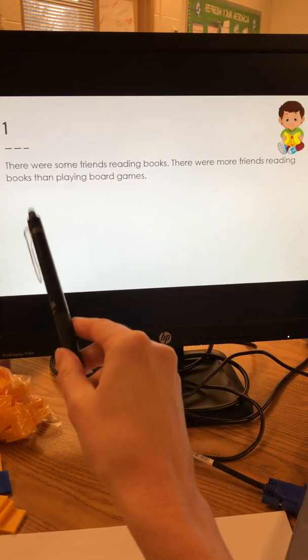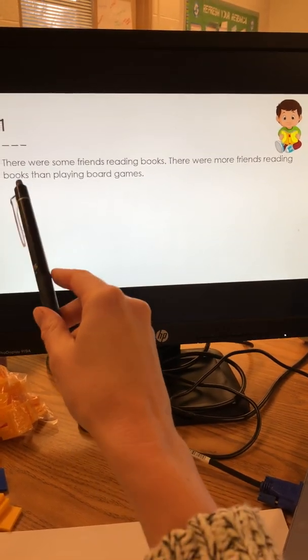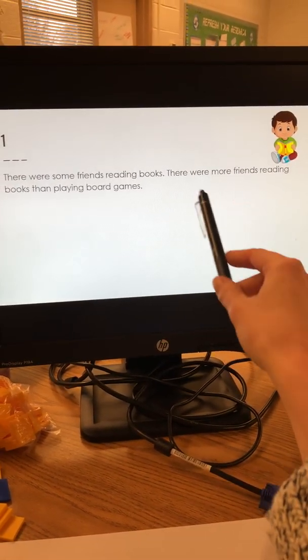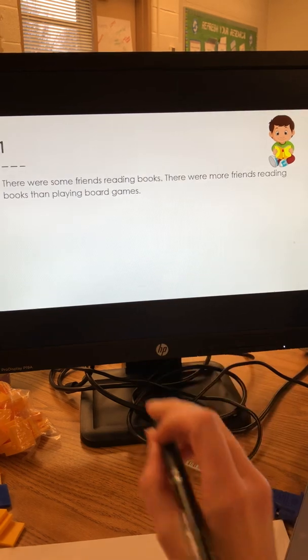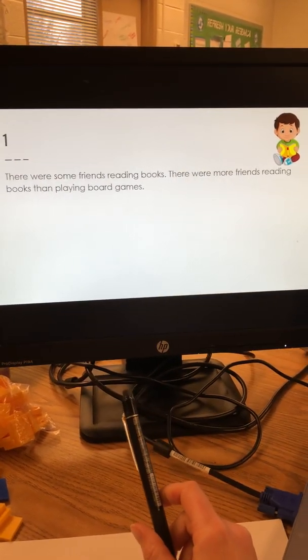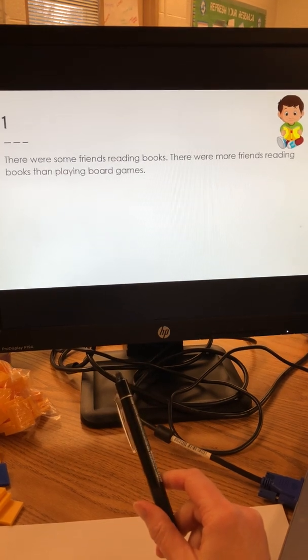Okay, so today we're going to continue with comparison problems. However, these are different. And remember, yesterday we talked about that word "more" not always meaning adding, and this is exactly why we don't want to teach keywords. So the first problem that you're going to be presenting to students is: there were some friends reading books, and